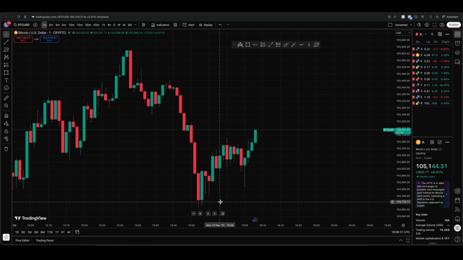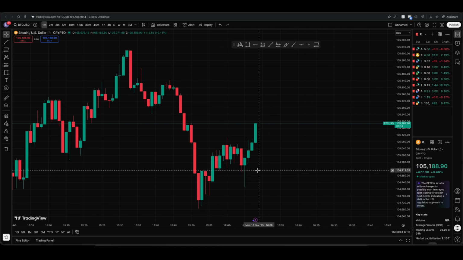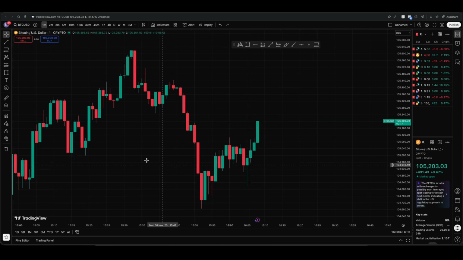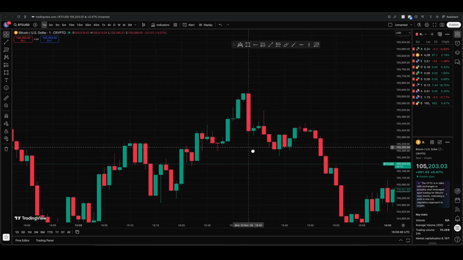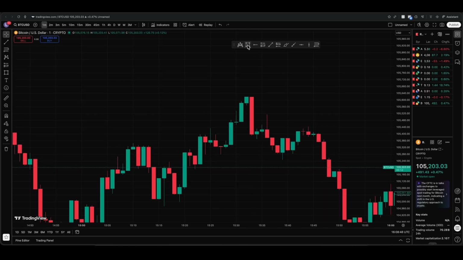So pattern matters only inside context. A hammer in an uptrend is noise, and a hammer at a clear low has value. So what does that basically mean? Let's move on to the chart. So here we can identify a hammer. So this is a hammer,